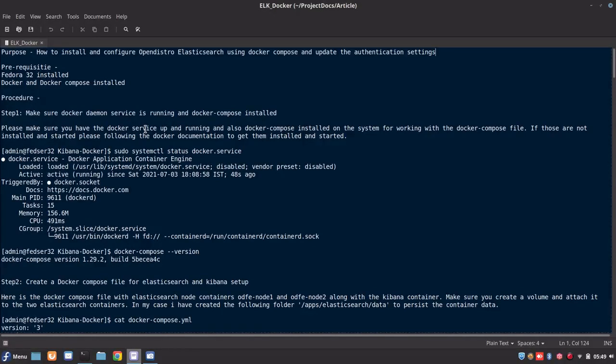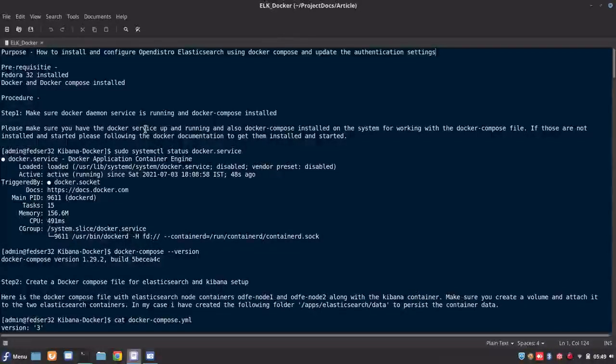Before going into the details of this OpenDistro tool, I want to give a quick overview of what is Elasticsearch, ELK stack, and what is OpenDistro. Okay. So ELK stack, which is coming from the Elastic team, is basically the same tool as OpenDistro, but ELK stack doesn't contain security, alerting, monitoring and some other features pre-built.